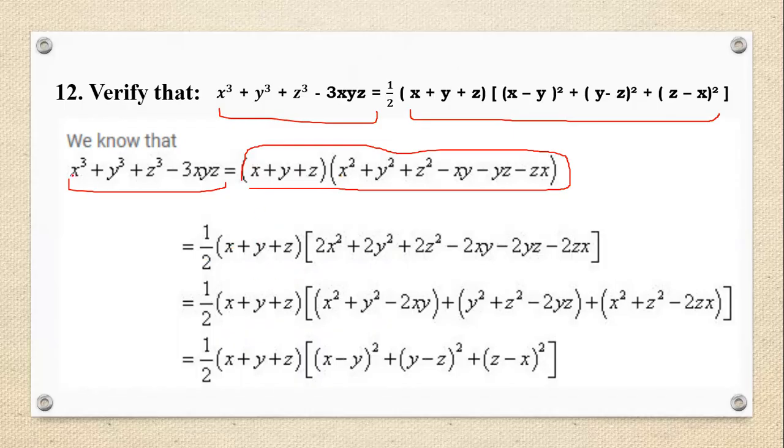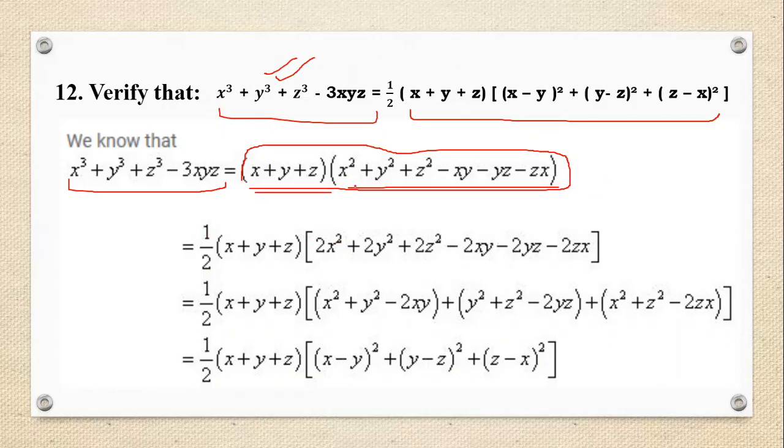So you can see that this is the LHS side of your question. Now you start from it, you use the identity, and now you are rearranging the values and terms. So what you have done is you are dividing by 2 and multiplying by 2. You divide the whole RHS side by 2 and multiply it also by 2, which means we can divide or multiply by the same number so it remains unchanged. So here we have written 1 by 2 as the division of the whole value by 2. Then multiplication by 2 means we can multiply 2 with this bracket, or we can write it as into 2.